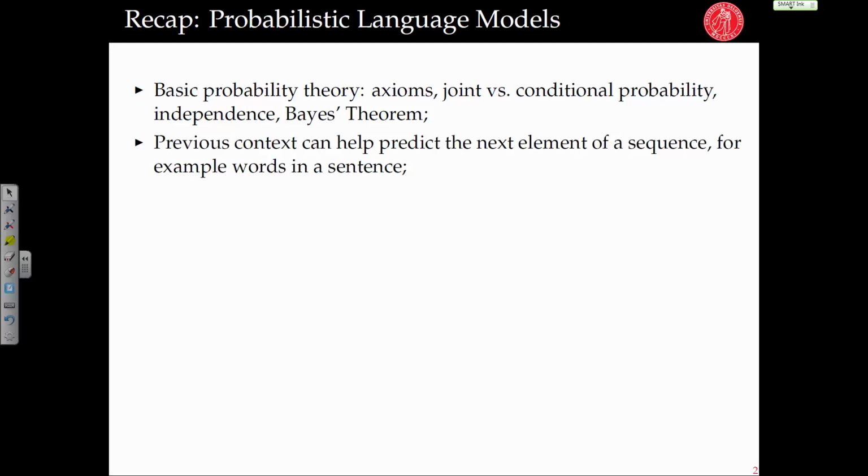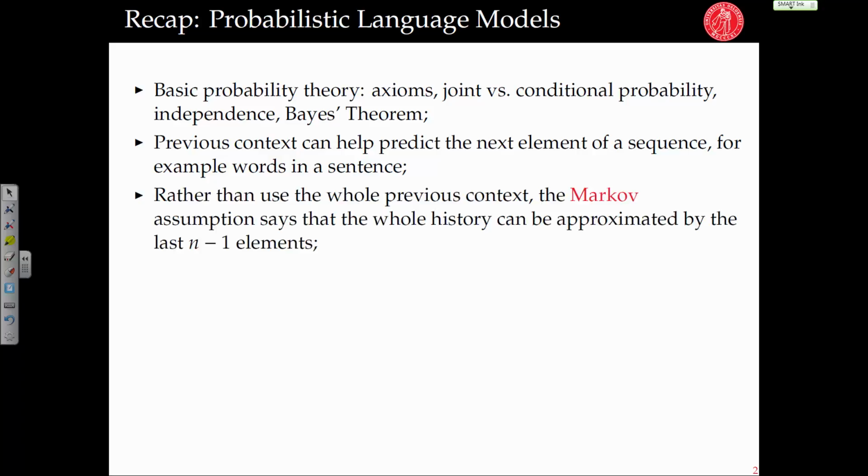Bayes theorem. We were looking at a problem where we have a sequence of elements, and we were interested in predicting the next one based on the history, based on what we have seen so far, and for example, that would be words in a sentence. So we have seen so many words thus far, and we want to predict the next one. But then it turned out that looking at the full history of the sequence would be difficult, it's expensive to compute, and more importantly it's going to be very rare that we have actually seen all possible contexts or